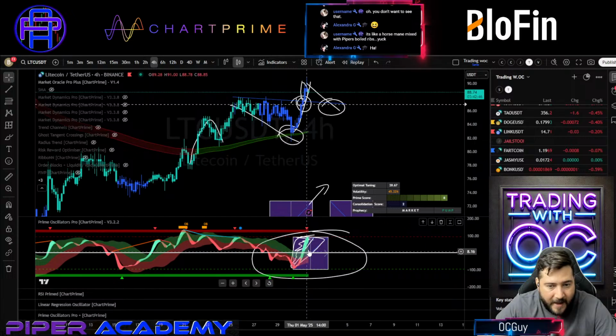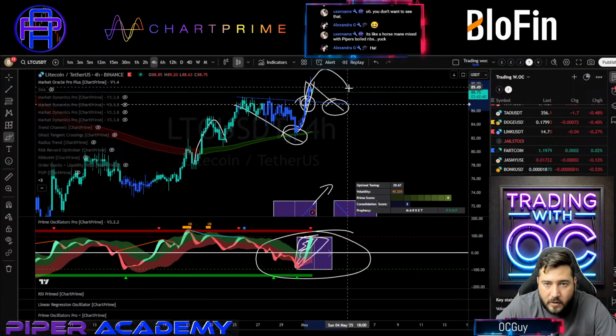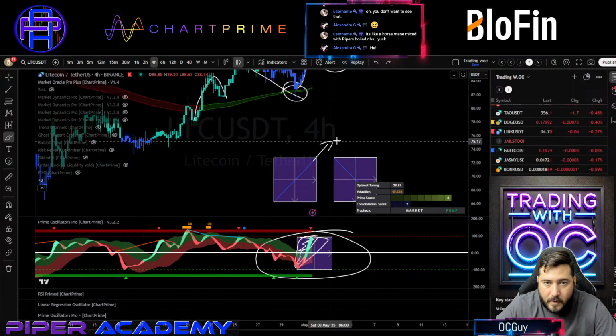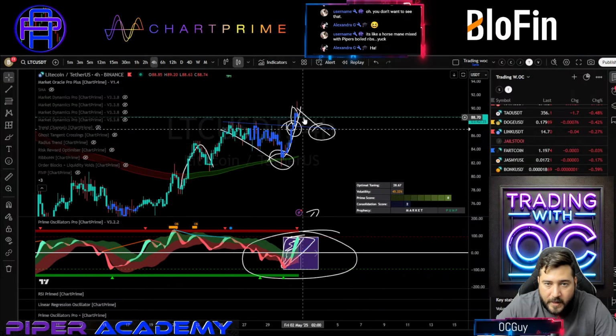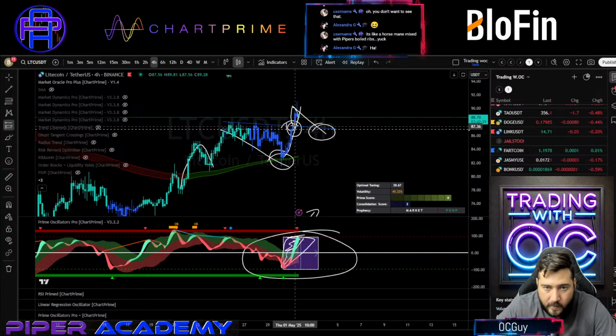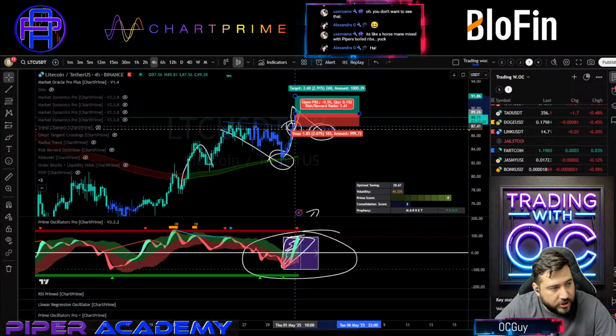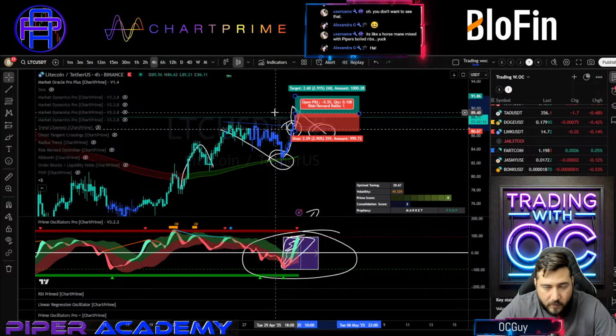A very fast retest, or a more prolonged retest, all right? So if I'm doing that, breakout retest, then what I'm doing here is longing at the candle breakout, either here or here, all right? But my stop loss needs to be proportionate. So my stop loss could be here, all right?